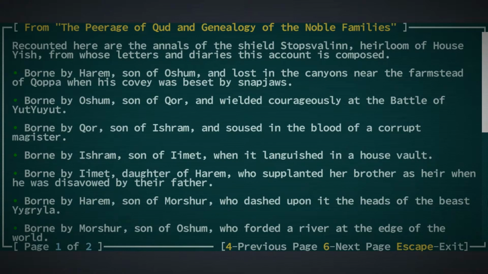Recounted here are the annals of the shield Stopsvalen, heirloom of House Yish, from whose letters and diaries this account is composed. Born by Haram, son of Osham, and lost in the canyons near the farmstead of Quapar, when his covey was beset by snapjaws, born by Osham, son of Quor, who wielded courageously at the battle of Yut-Yutut, born by Quor, son of Ishram, and soused in the blood of a corrupt magister, born by Ishram, son of Iamet, when it languished in a house vault, born by Iamet, daughter of Haram, who supplanted her brother as heir when he was disavowed by their father, born by Haram, son of Morshur, who dashed upon it the heads of the beast Yugrillah, born by Morshur, son of Osham, who forded a river at the edge of the world,